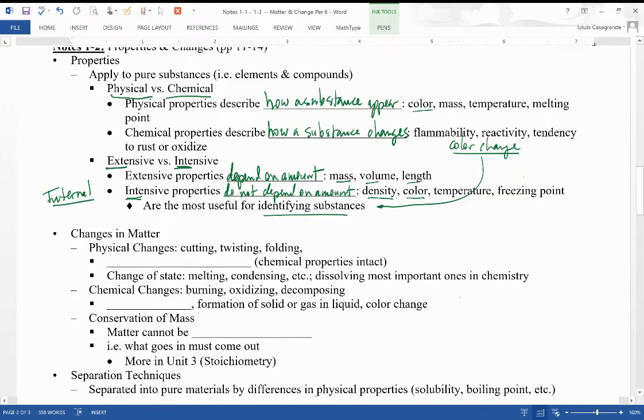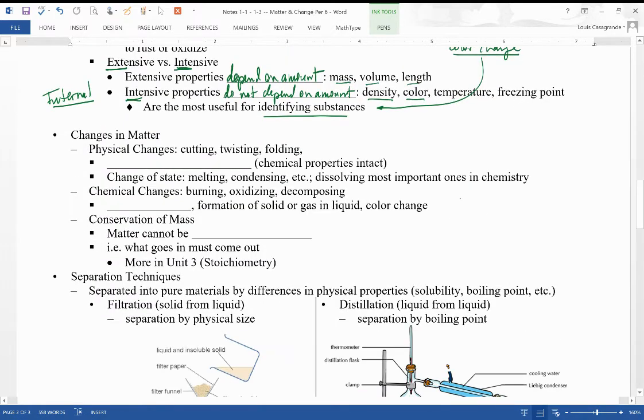So then in your activity the other day, we saw a number of physical and chemical changes. Physical changes are going to be changes such as cutting, twisting, folding. These are changes in which no new materials are formed. No new materials, just the materials you have there rearranged or somehow made to have a slightly different appearance. And remember that we talked about dissolving